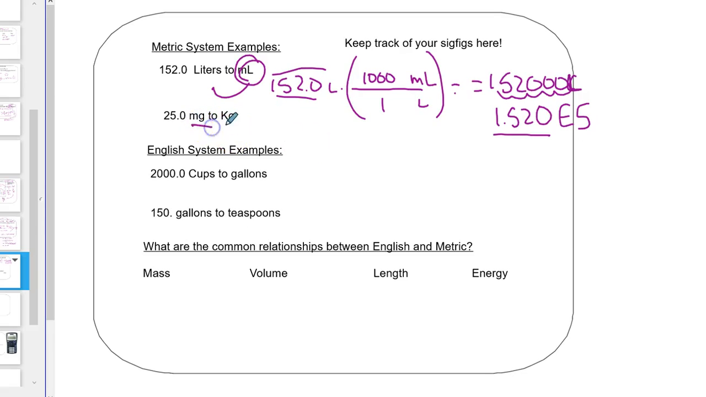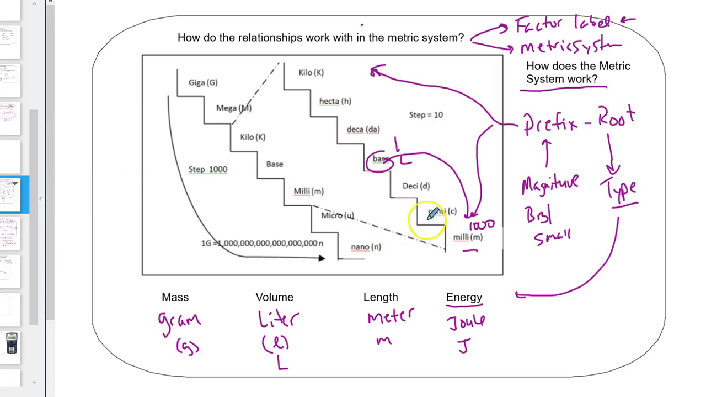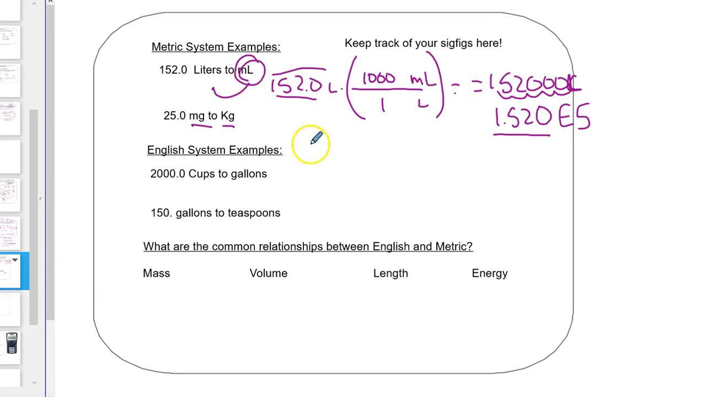Okay, milli to kilo. So I'm going to go from the bottom all the way to the top. And of course, that's a million. A million smalls equal 1 big. Alright, let's try this out. 25.0 milligrams, get rid of milligrams, and go to kilograms. 1 to 1 million. And we're going to divide. So 25 divided by 1 million